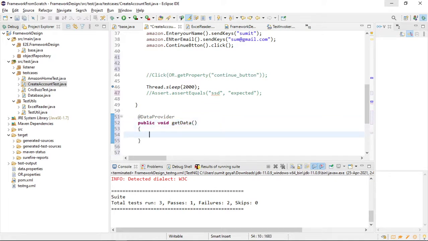And here I will create one array of type String. It is two-dimensional. So in the first, at 0,0, one person's name will be there, like Sumit. And after that, the email ID of Sumit. Let me write the email ID. After that, close the bracket, put one comma, and write another person, like Pankaj, and after that the email of Pankaj.